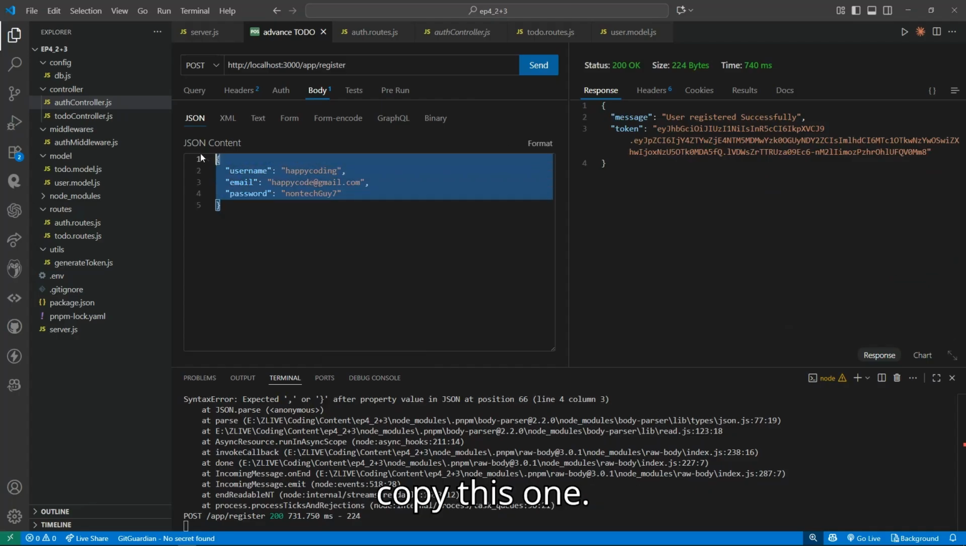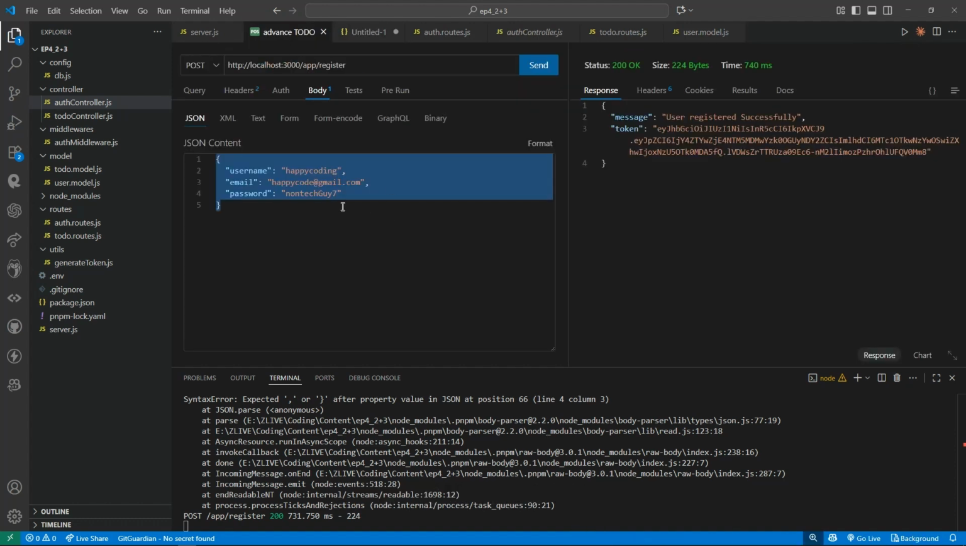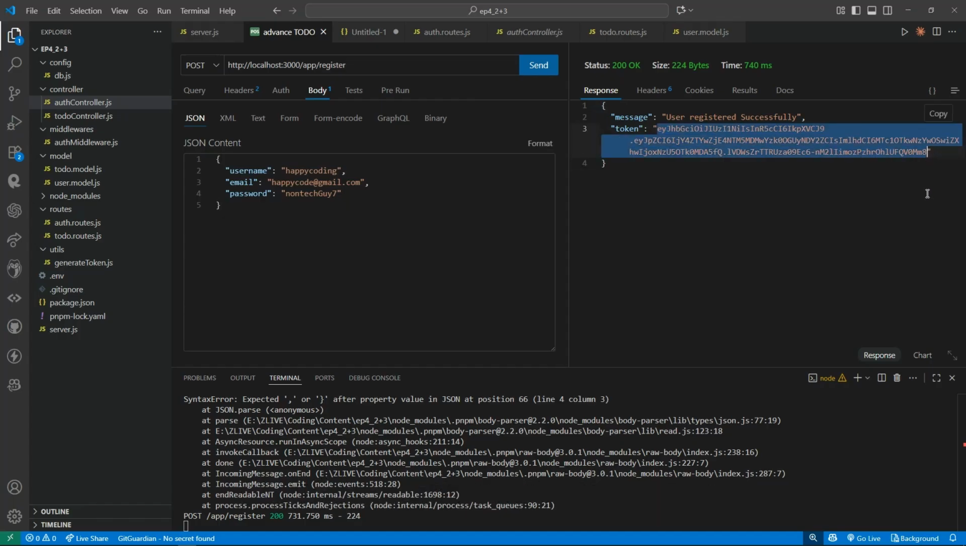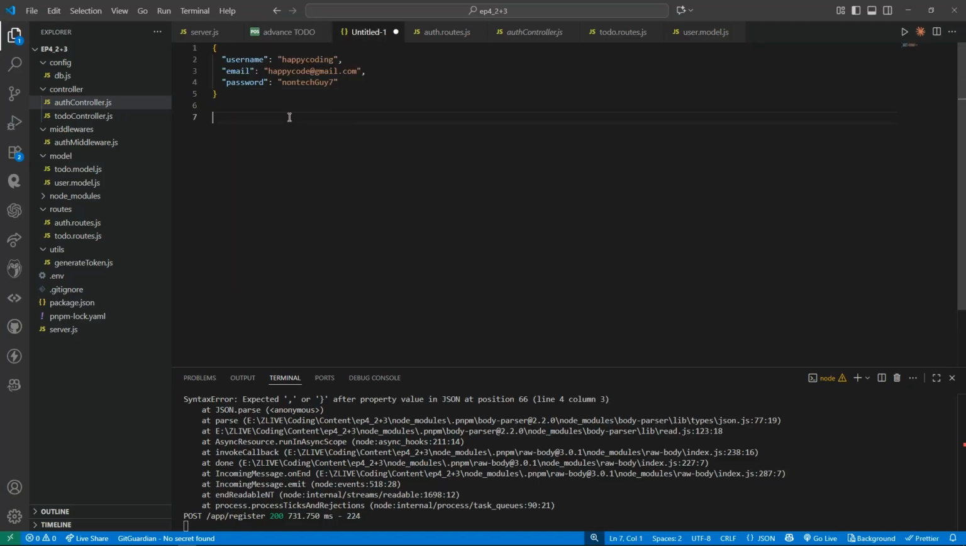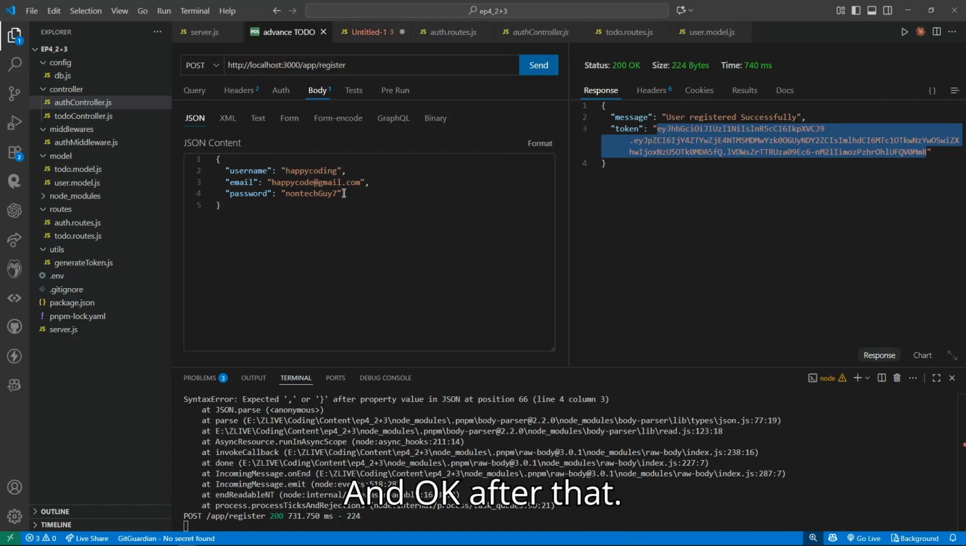and let me just copy this one into a new file. Later it will be used. And the new token is this, so let me also copy this token and keep it here like this. And okay,